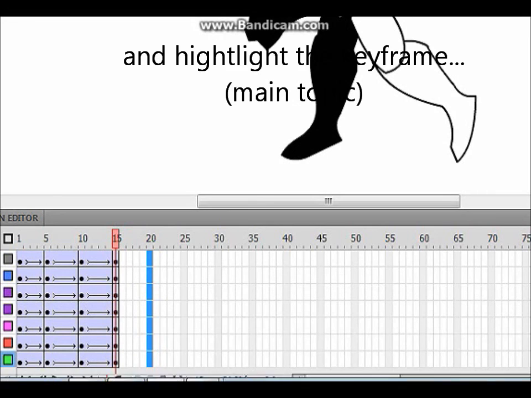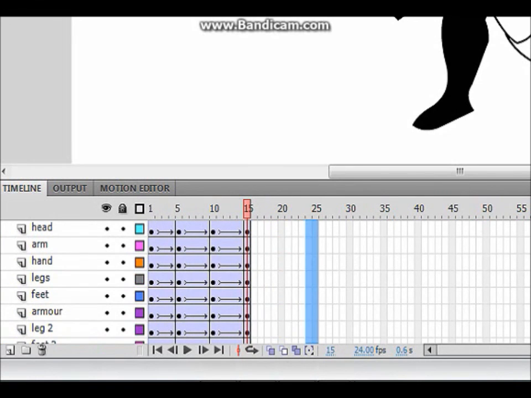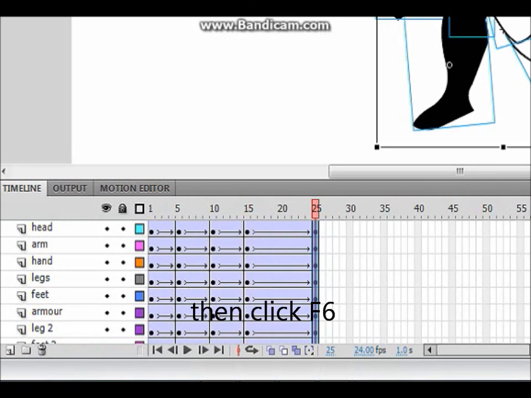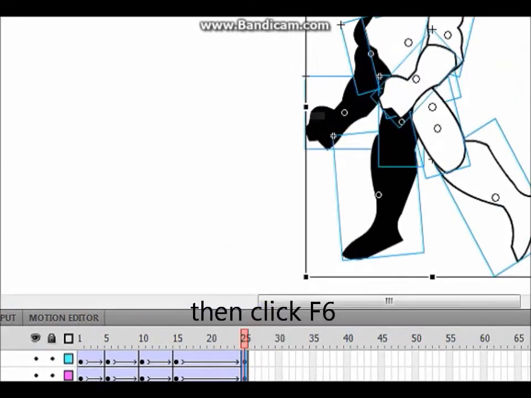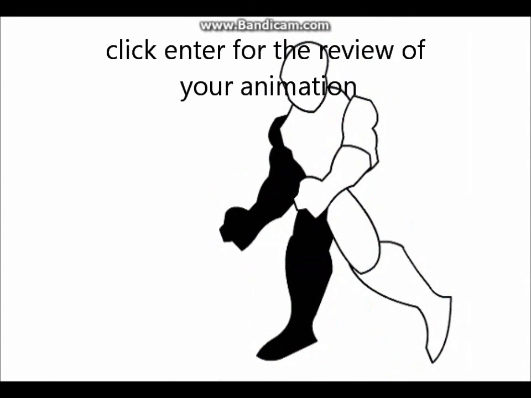Highlight all these layers. Highlight the keyframe all, and then F6. Then as the result, it will go like this.